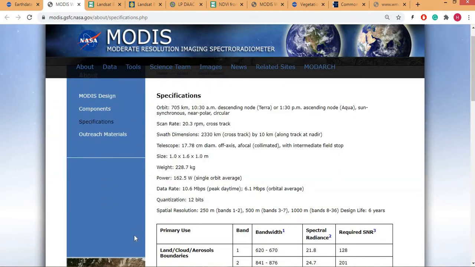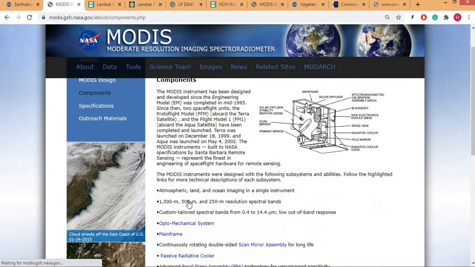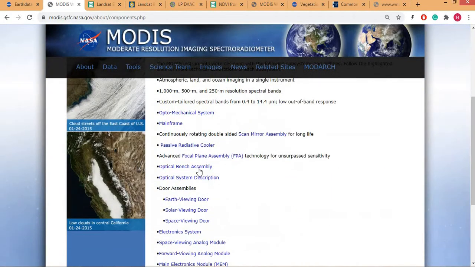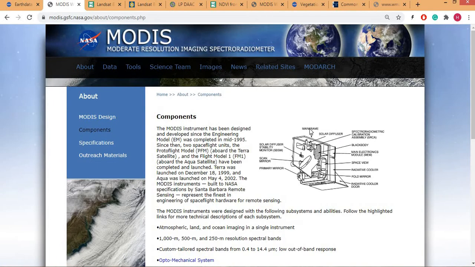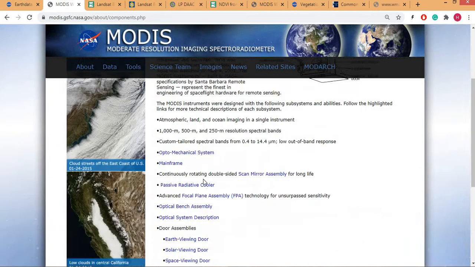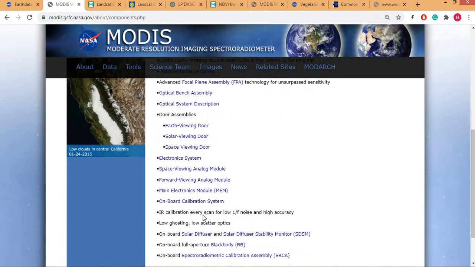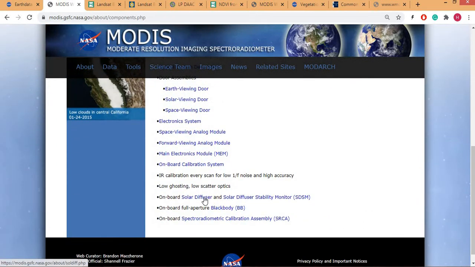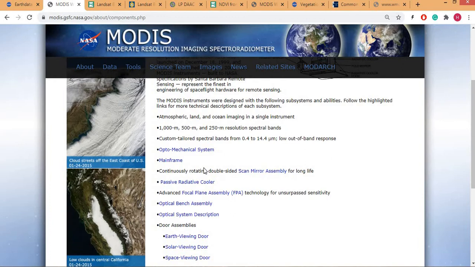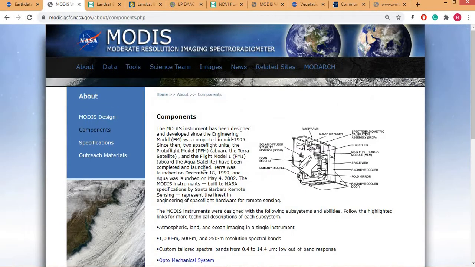And here you can see its design. Here you can see its components, what the components of the satellite are. Here we have the complete design. Here we have the detail of every piece of information, like mainframe, solar diffuser. So these components are here. You can study these components here, what type of material is used, how the design is made for their development.